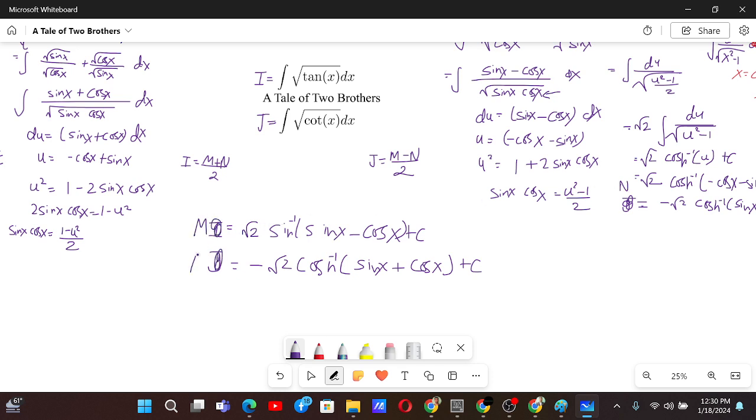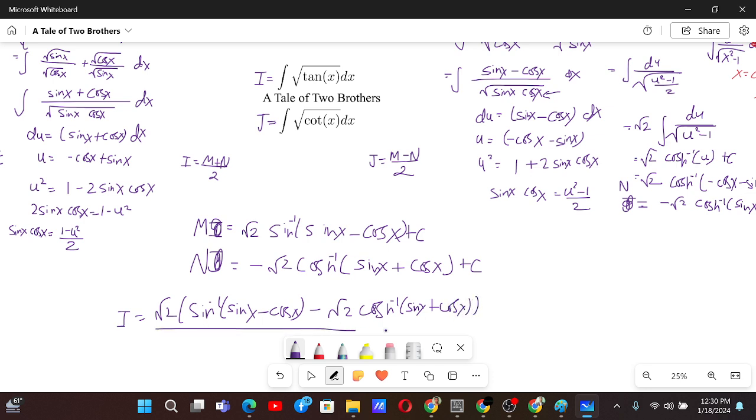Now our I, the root 10x, is just the sum of these two. So root 2 sin inverse sin x minus cos x minus root 2 cosh inverse sin x plus cos x